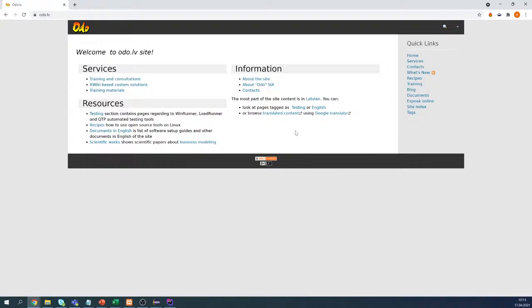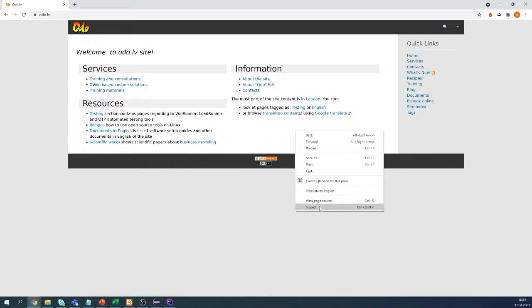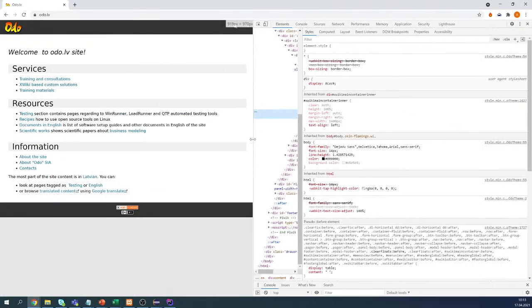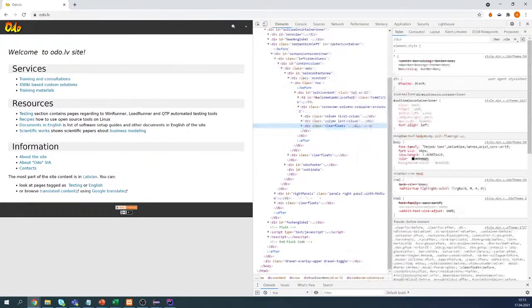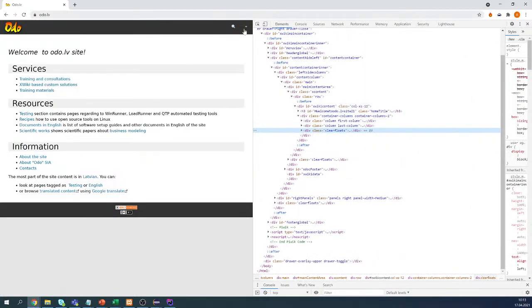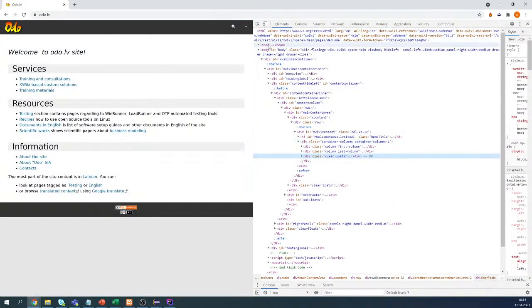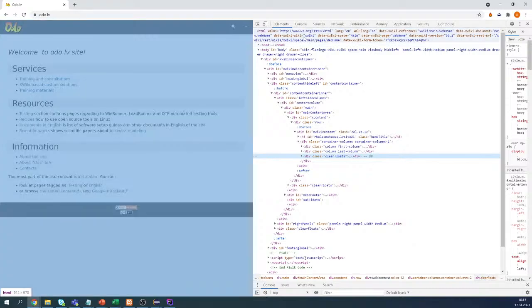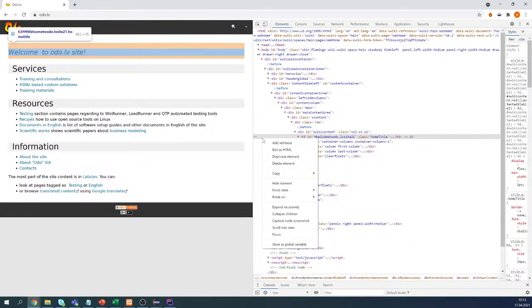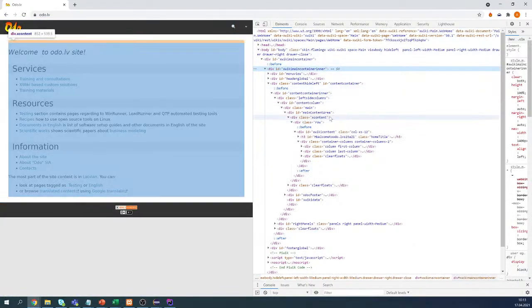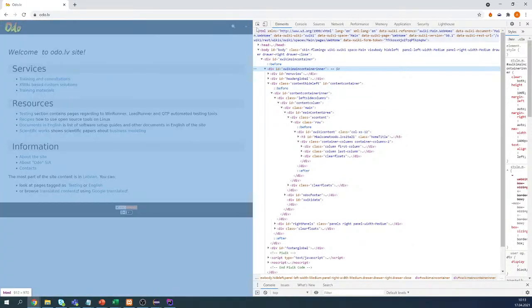And to do it, you need to right click, and if you're in the Chrome browser, that's Inspect. In other browsers it's named in a similar way, and then you have this screen where you can actually see the HTML content. In theory you can also open it in a separate file, but basically here what you can see,